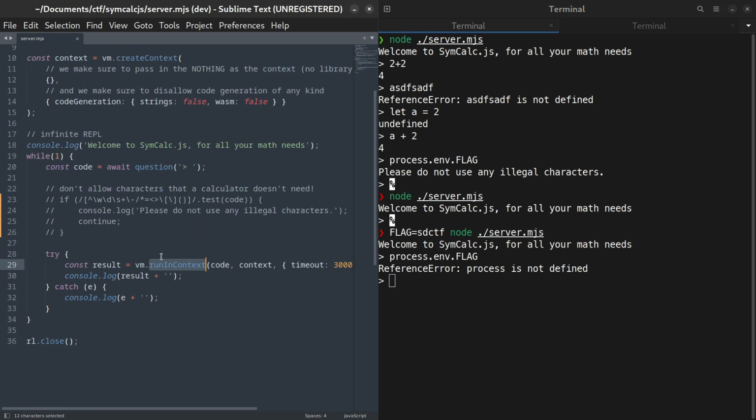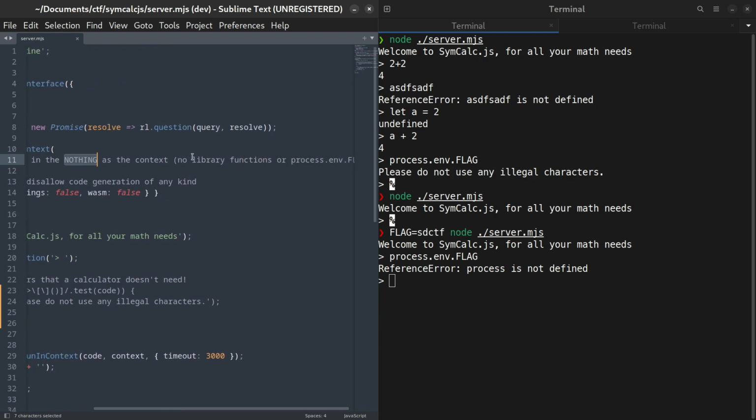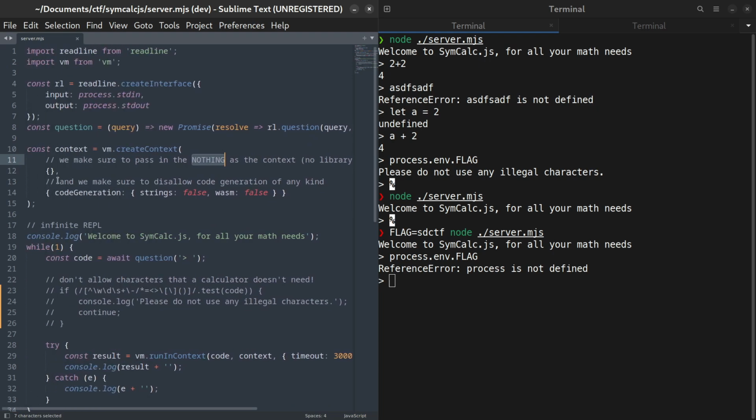A VM in Node.js is like an isolated process environment for executing JavaScript. You're able to instantiate these VMs with a context of your choice, which in this case is being configured as nothing, just an empty object. Because of this, we don't have access to any of the variables that would normally be in the global scope, like process. We can also see that code generation is disabled, meaning we can't do things like run arbitrary code